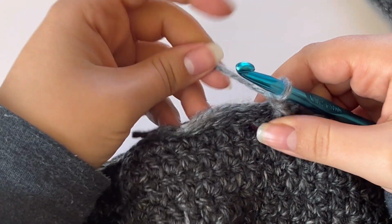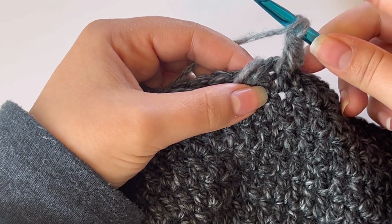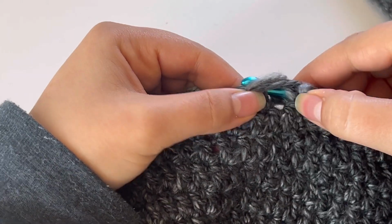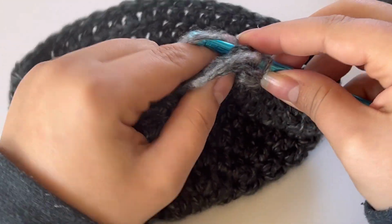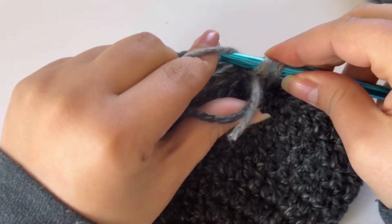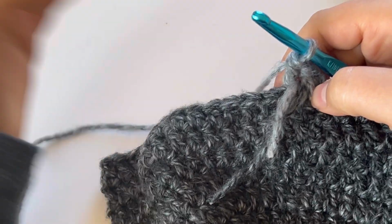And now we do back double crochet. So for the back, we do this and then your yarn goes from the back. Okay, so you see here, you don't see the stitch, it's from the back. That's why we call it back double crochet. So we pull through 2, and then we pull through 2, and again